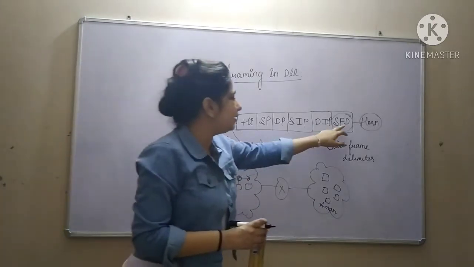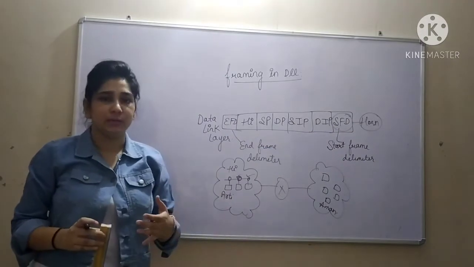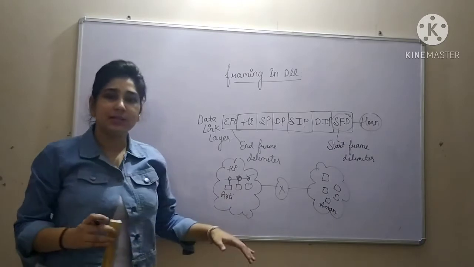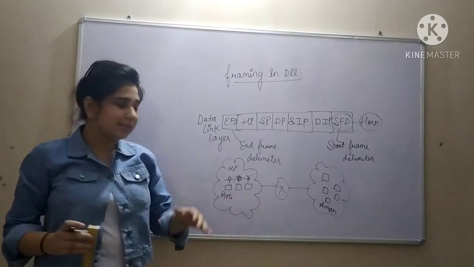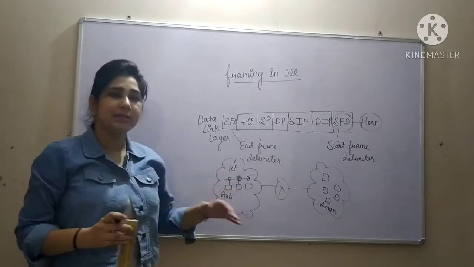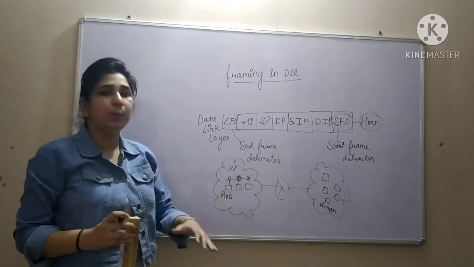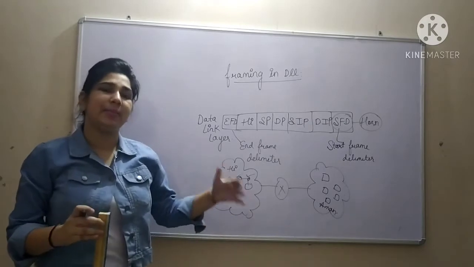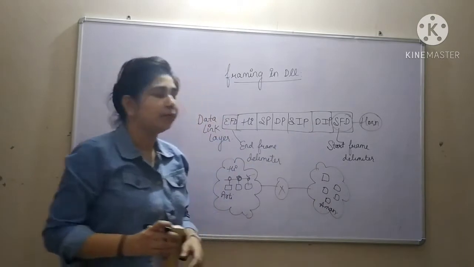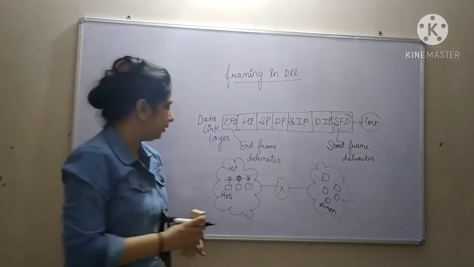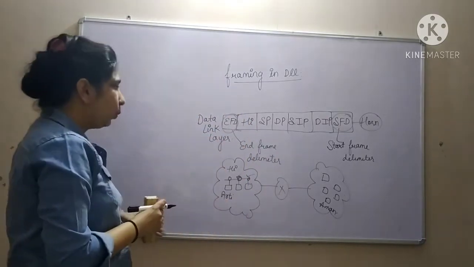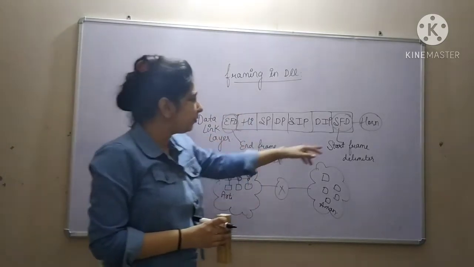So that is the basic use of start frame delimiter. Instead of waiting continuously every time for messages, you are telling the machines to just relax. When we send messages, you will get a horn, then become active and look whether that message is for you or not. That is the basic idea of using start frame delimiter. Now let me tell you what is end frame delimiter. We have discussed start frame delimiter.